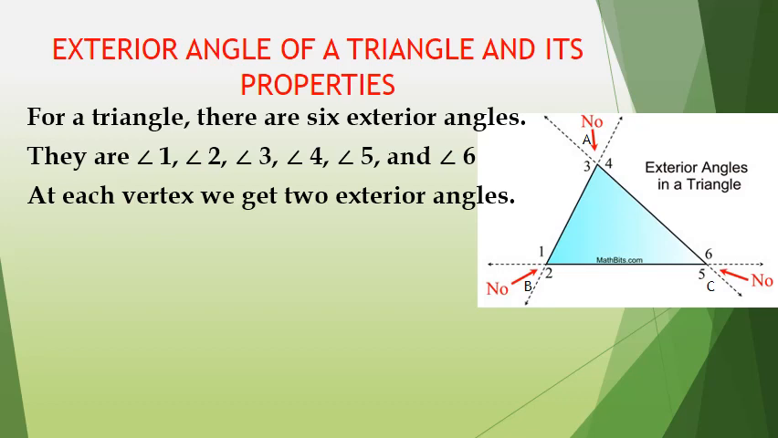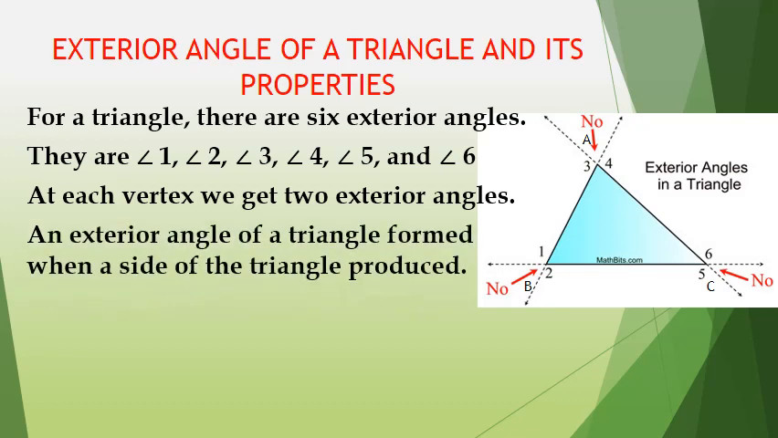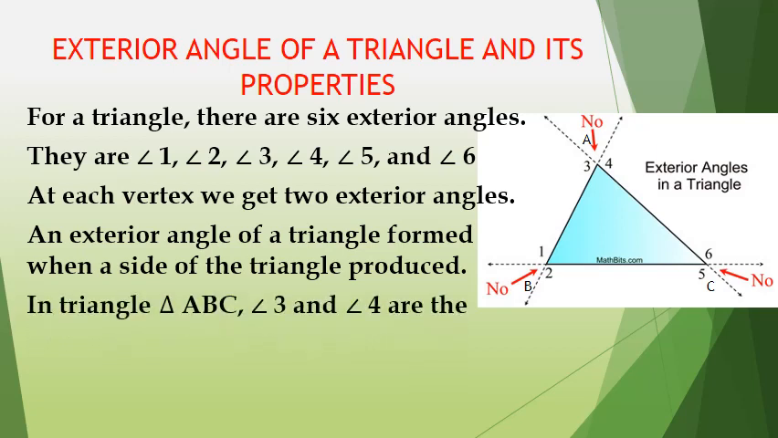At each vertex we get 2 exterior angles. An exterior angle of a triangle is formed when a side of the triangle is produced. In triangle ABC, 3 and 4 are the exterior angles at vertex A. Similarly,